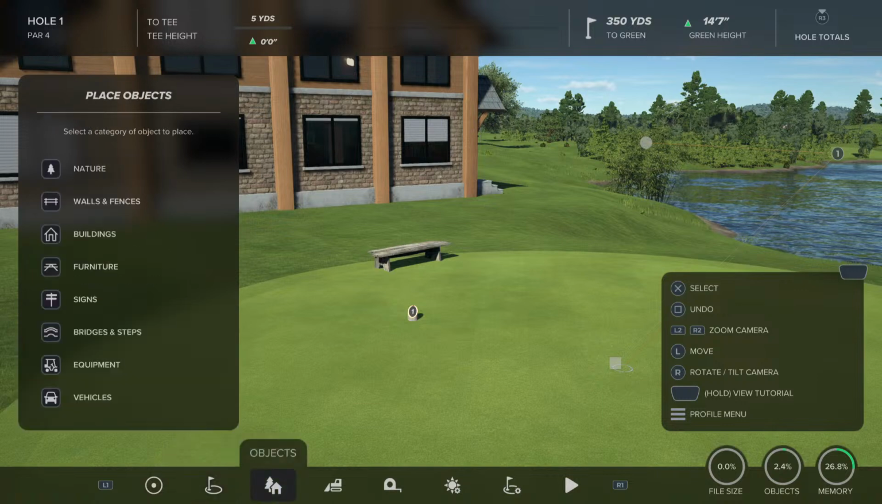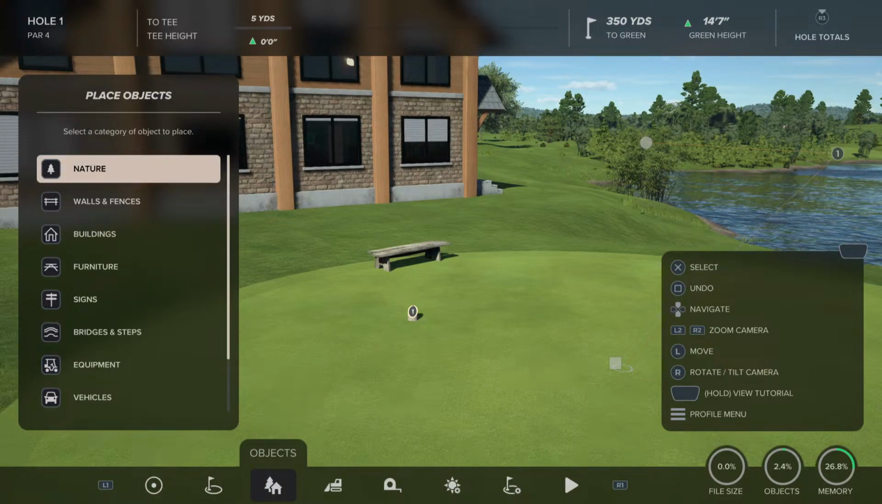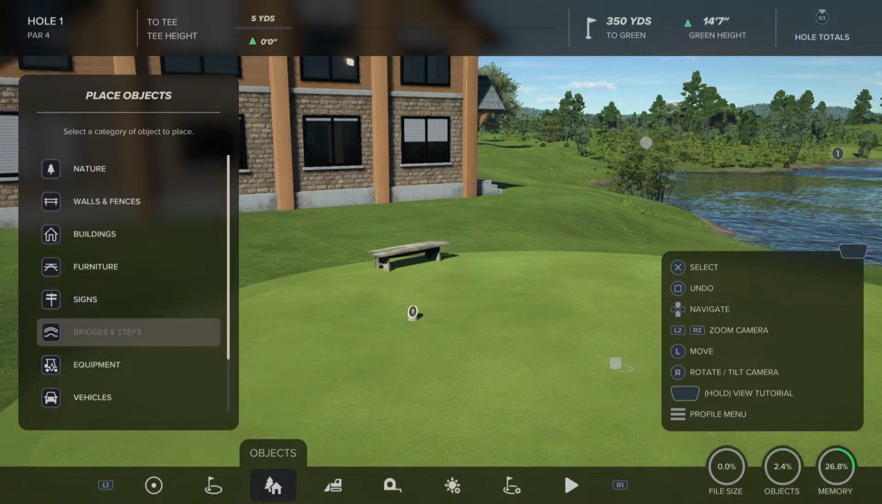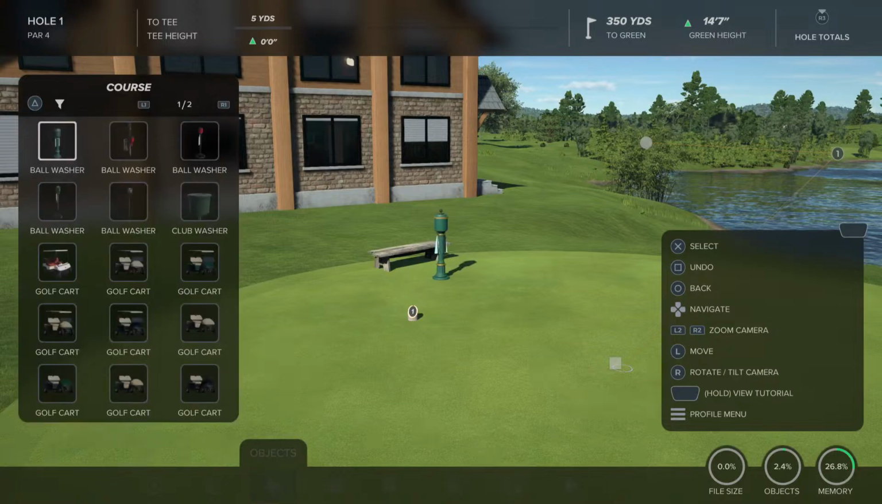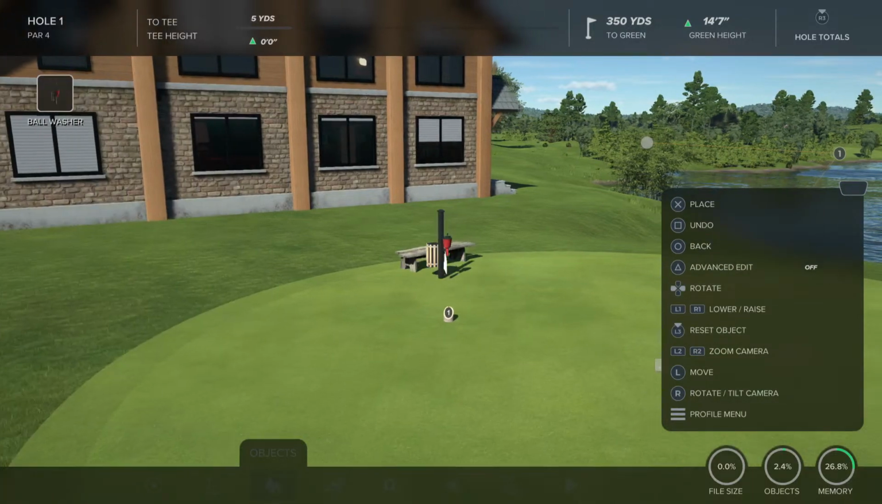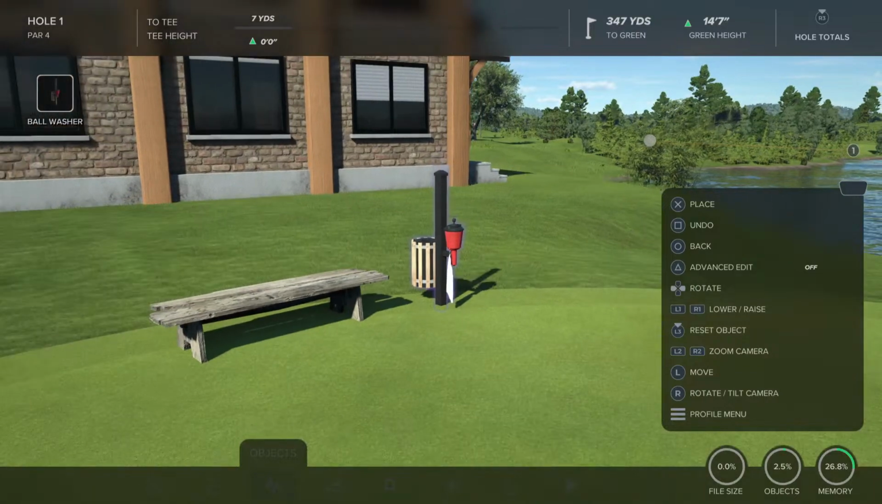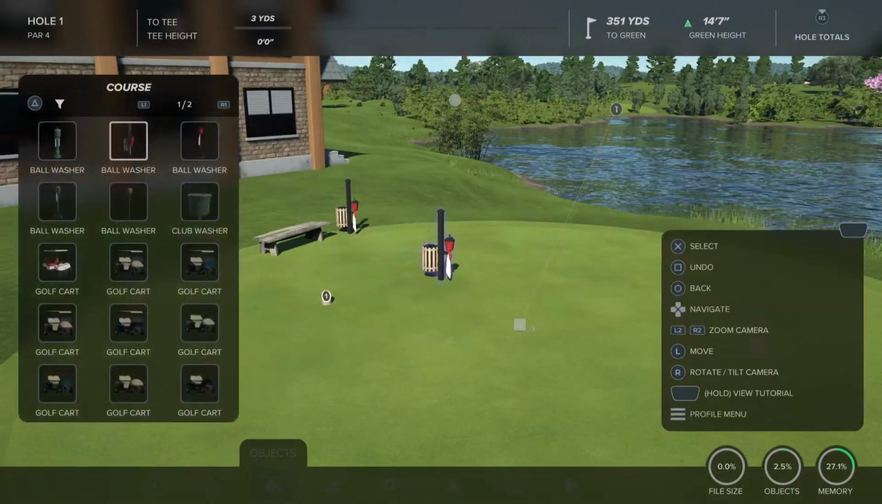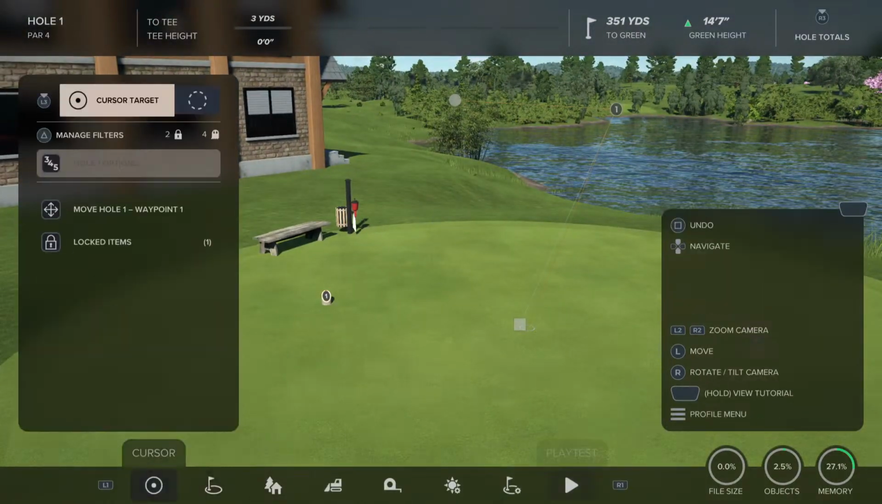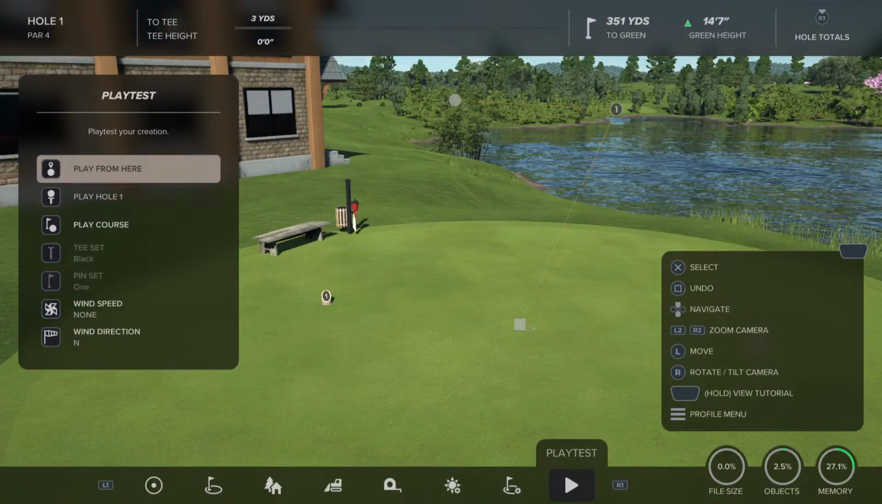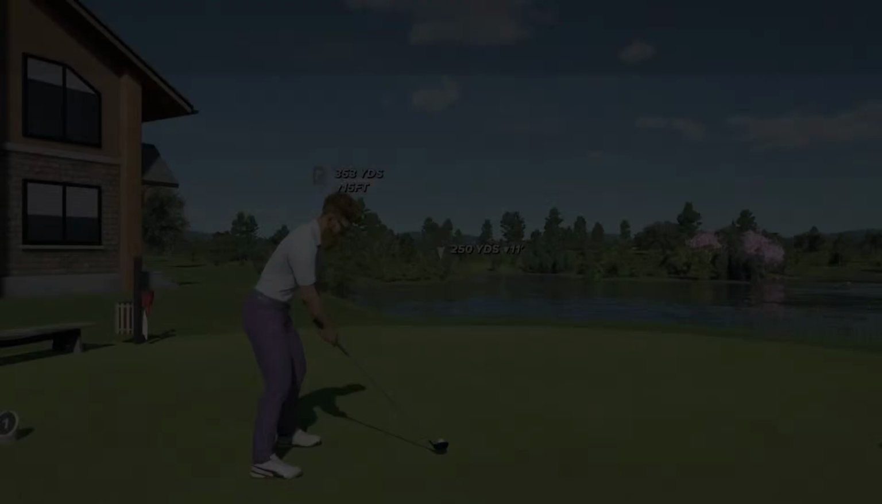And what else do we want? Let's see. Equipment, course equipment. Gotta have a ball wash and a garbage can. Put that there. Alright, so let's give this a go. Go over here to the play hole 1. We'll do a quick play test just to make sure